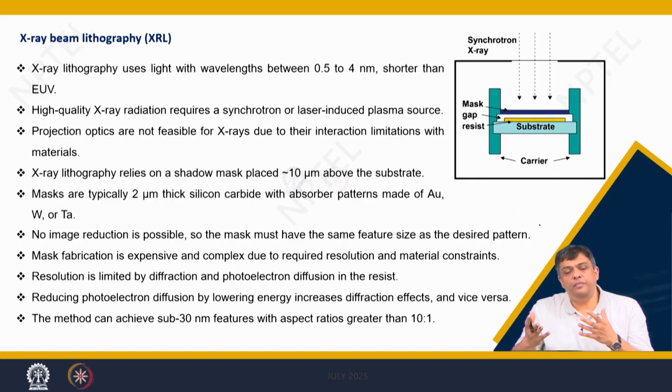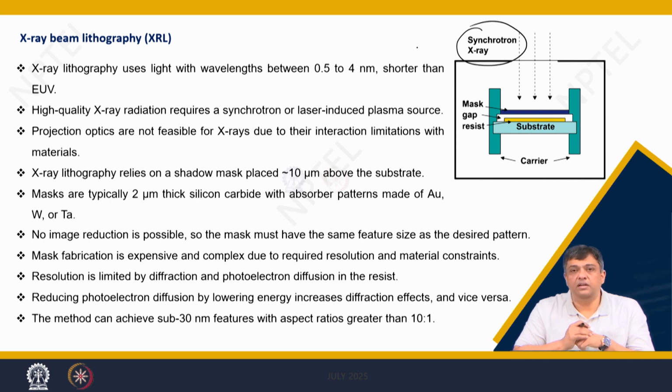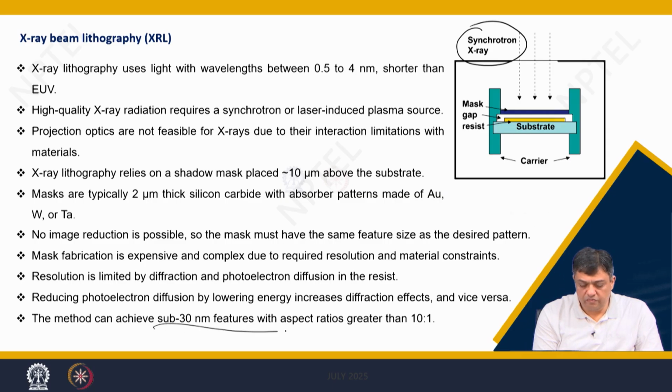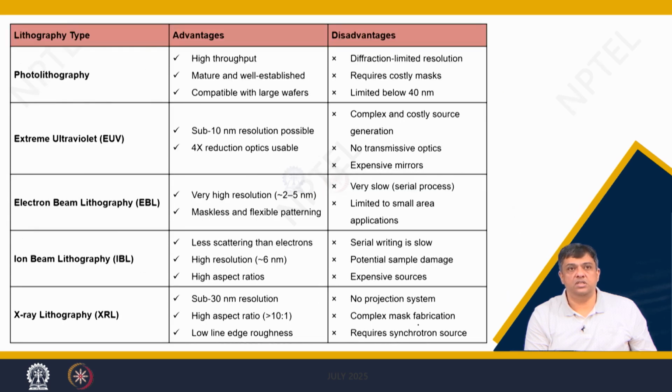Now, if you remove electron, you remove ion, then you can use X-rays, which are high energy X-rays, let us say coming out from a synchrotron source, and use that X-ray for exposing the resist to high energy beam. Then you can undertake the same process which we have discussed till now, and you can routinely obtain sub 30 nanometer features with aspect ratios greater than 10:1 using these techniques.